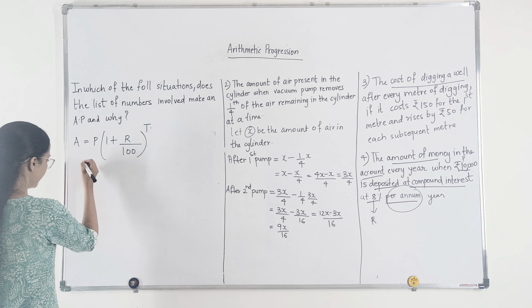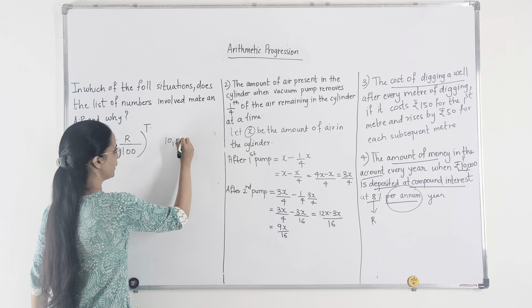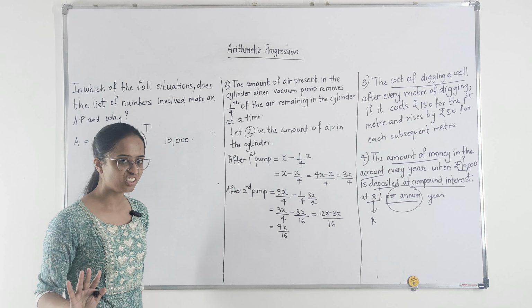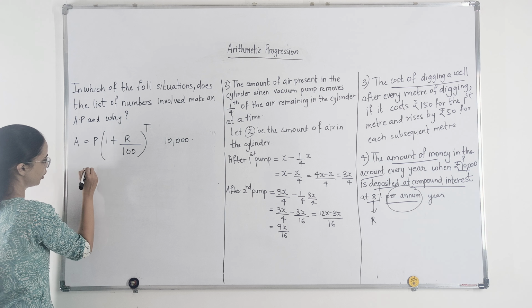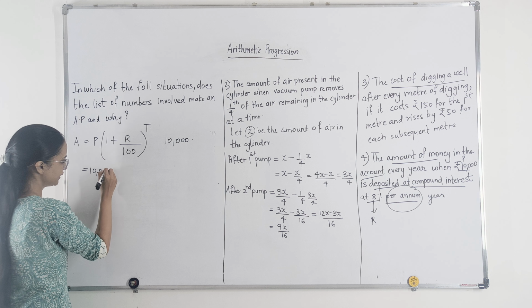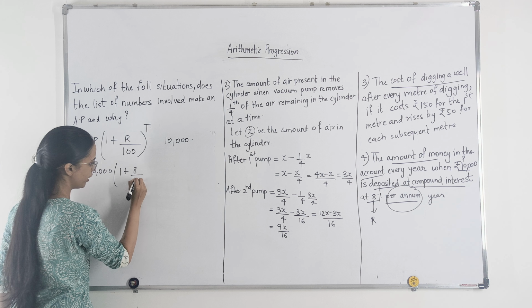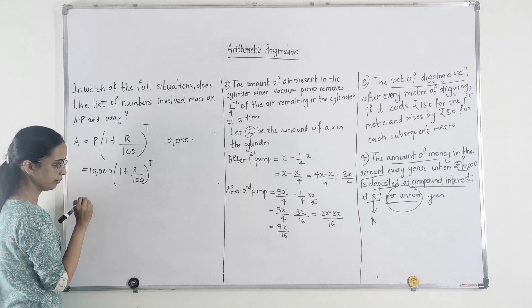Now initially you know that your first term of the sequence would be 10,000. 10,000 से आपने शुरू किया, so this would be your first value of the sequence. Now after 1 year, so when your T is equal to 1, we all know that the principal amount is 10,000. Your R in this case is 8 upon 100 and raised to T. So 10,000,